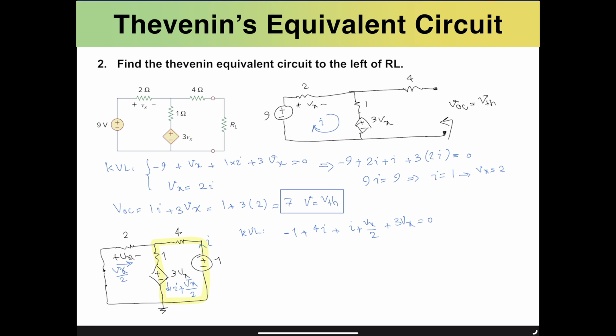So the larger loop that I'm highlighting is essentially this one, because that has simpler terms for me to use. So the first KVL was on this yellow line. And the second KVL is going to be on the green